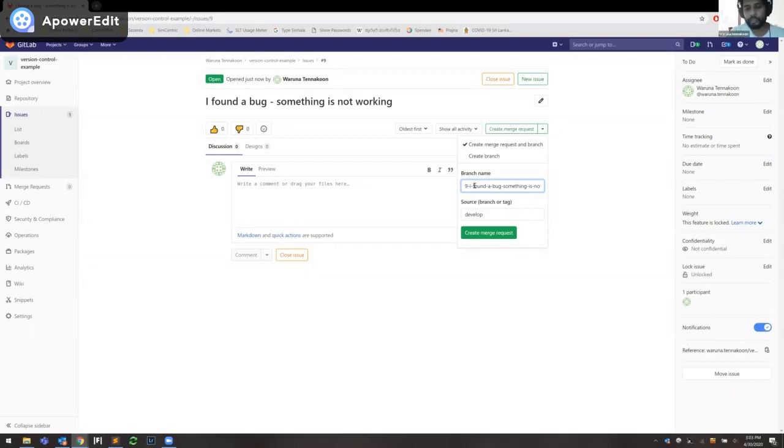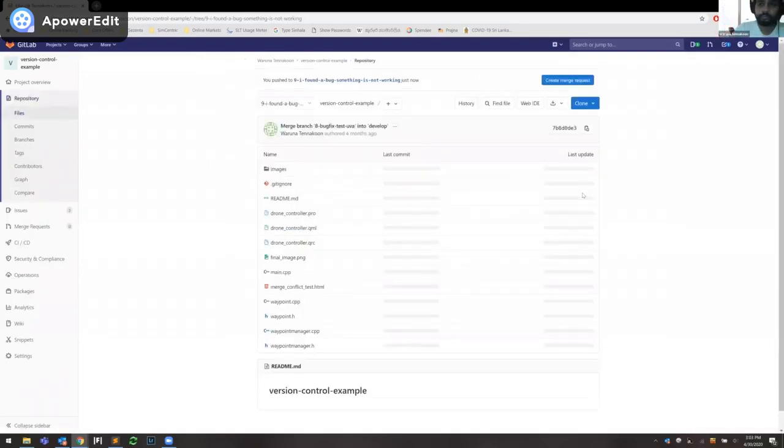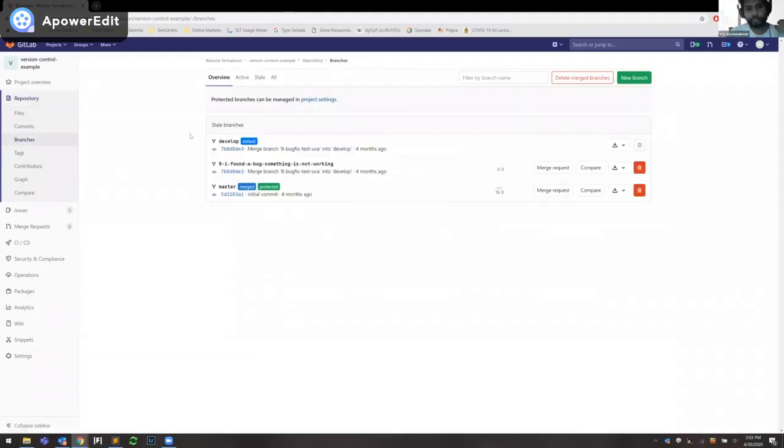So here, what is the source and the actual branch name? Source is automatically picked as develop. So let me create a branch. Now, if you go to the branches section, all the branches will be displayed. So we have a master, which is the default branch, and develop, and the one we just created.